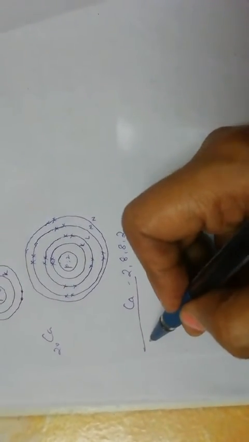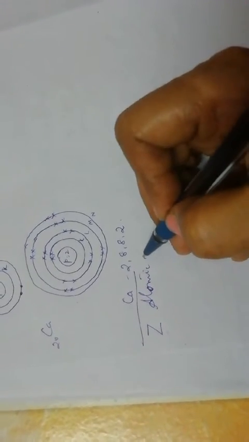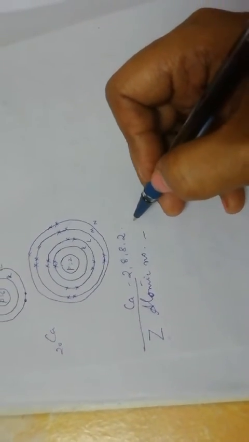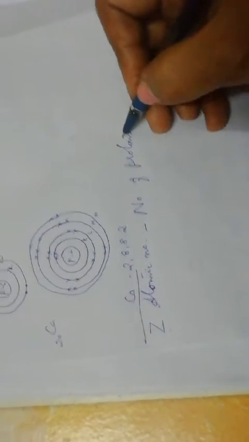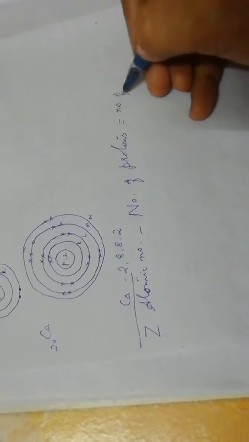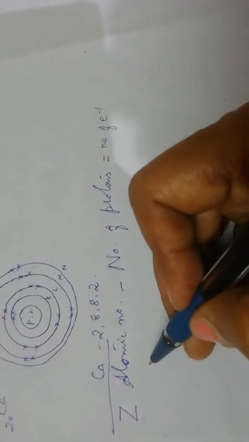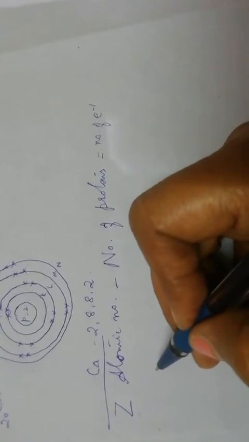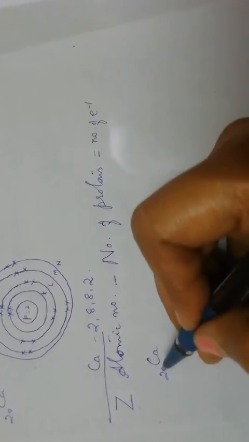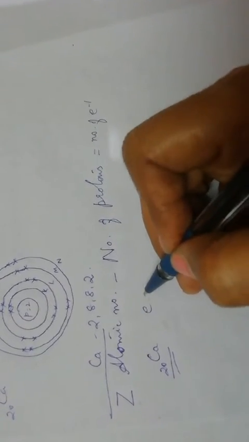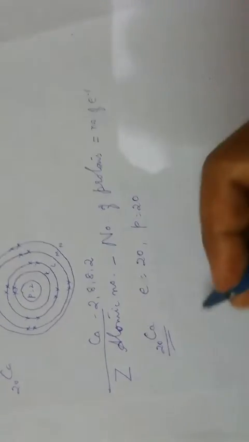Next, let us study what is atomic number, which is represented as Z. Now atomic number is the number of protons which is also equal to the number of electrons present in an atom. Since an atom is neutral, the number of protons is equal to the number of electrons. Now this is written as subscript. Suppose calcium, 20. What does it mean? Atomic number is 20. It means number of electrons is equal to 20. So number of protons is also equal to 20.